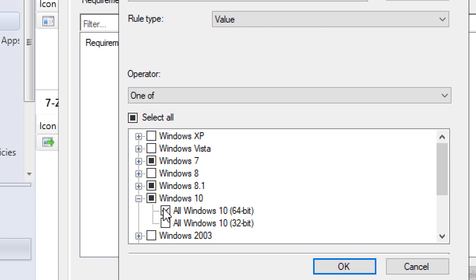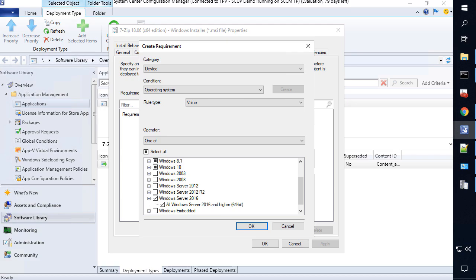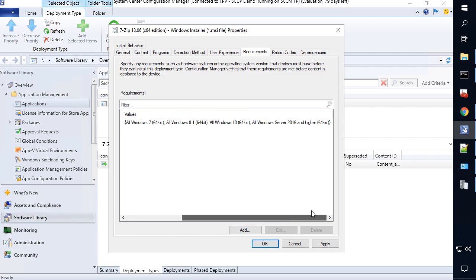Now, of course, you could do server operating systems if you wanted, pretty much anything that would be applicable. In our case, 64-bit operating systems would be required since this is a 64-bit install for this product. So we're going to make that a requirement. This would only be applicable and show up, even if you deploy it to a collection that contains 32-bit machines, this would never show up unless it's actually a 64-bit OS for the user or device that we're targeting